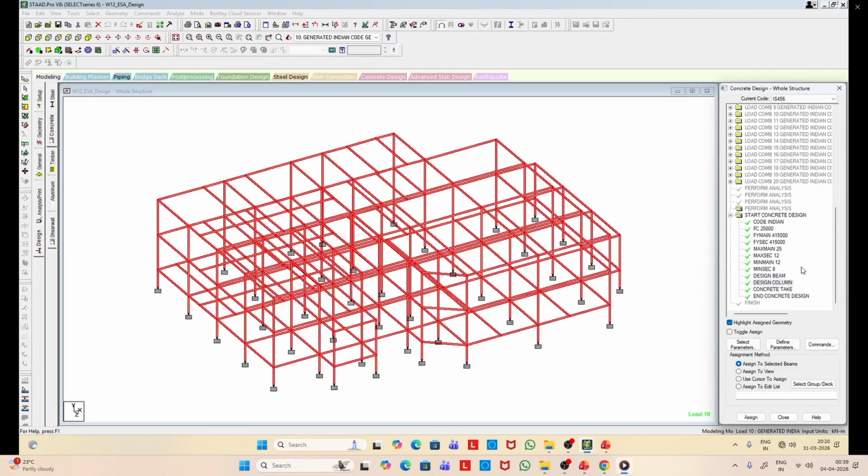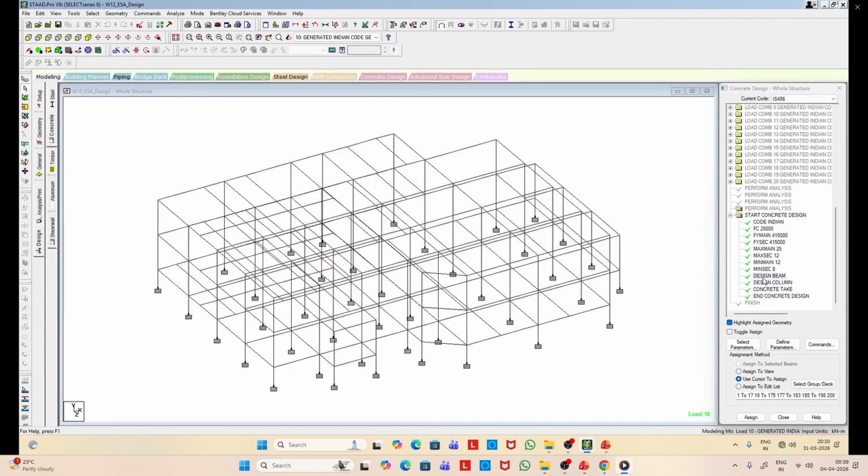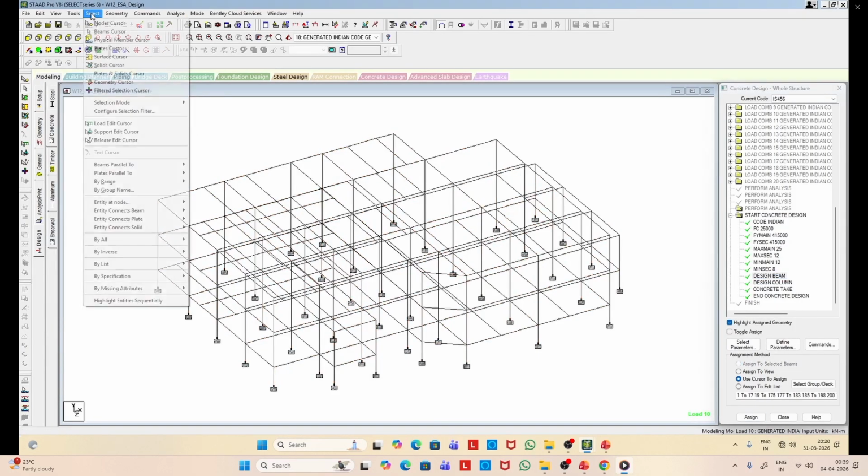So now they are defined, but first we assign it to the view, but as you can see, that is not the correct way, because we have to identify the beams and then we have to assign. Now it is assigned for each and every element.